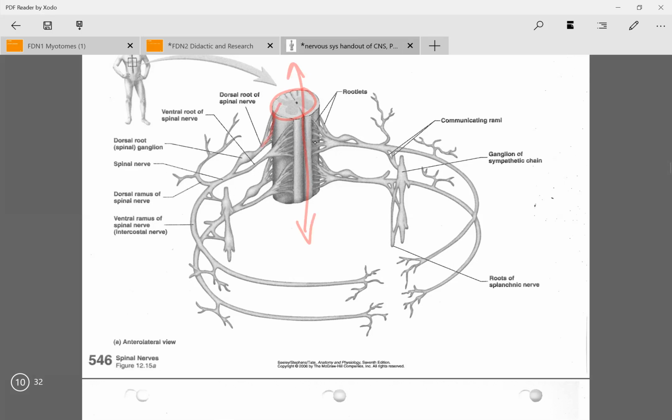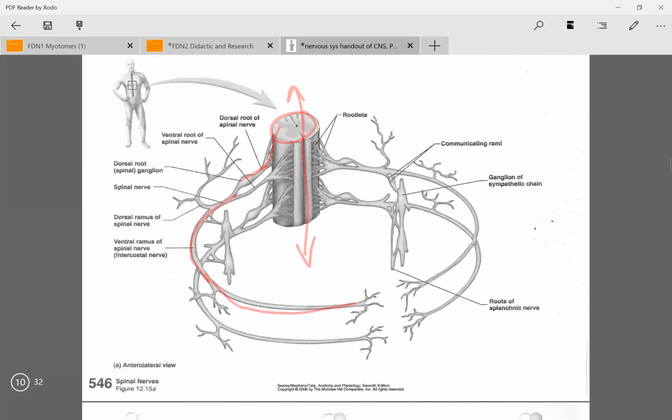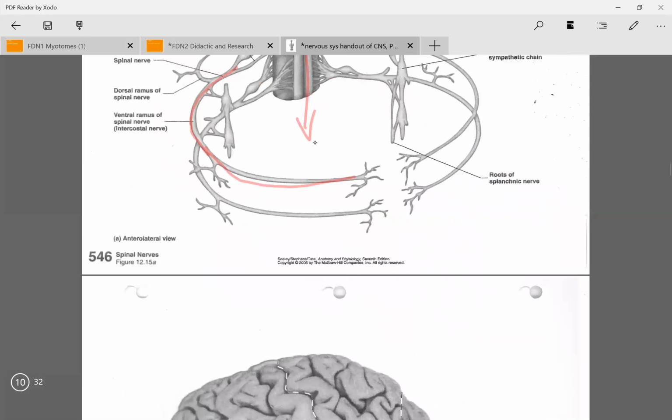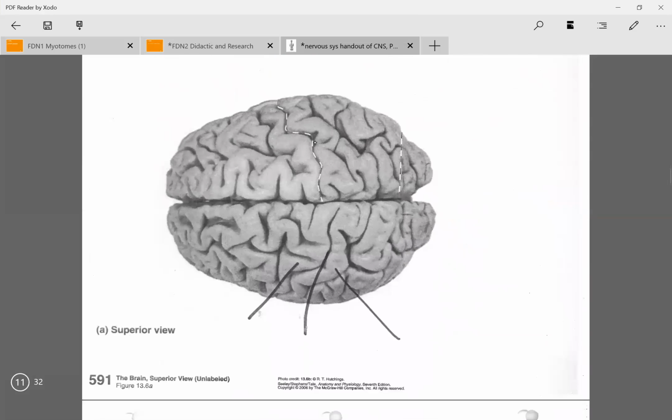It's going to give rise to a nerve root, okay, that eventually turns into a nerve. And then those nerves wrap around, and then they have branches and branches and so on, and innervate everything in your body. Now, in this particular case, it's just showing you what it would look like in the thoracic spine. Okay. All right, on the brain,